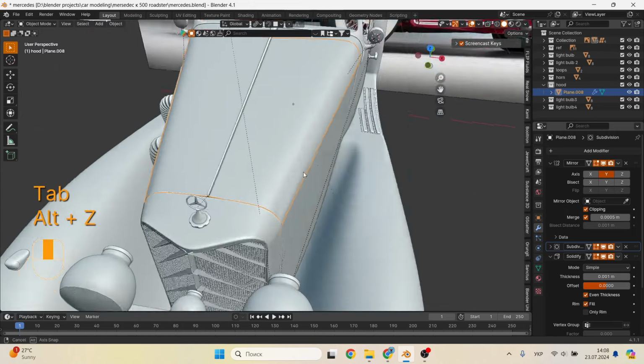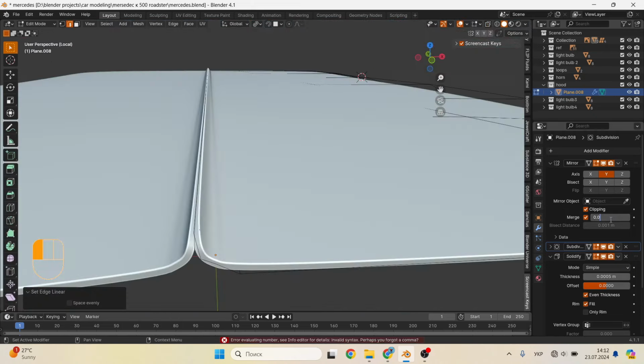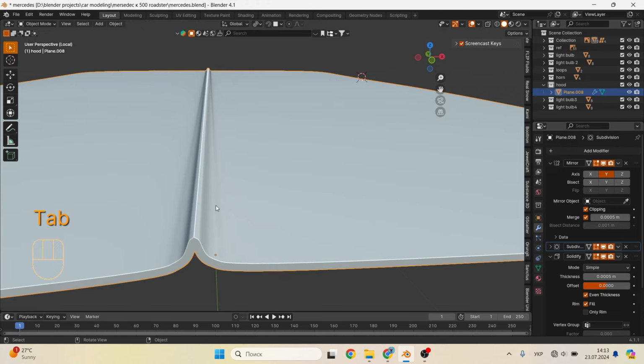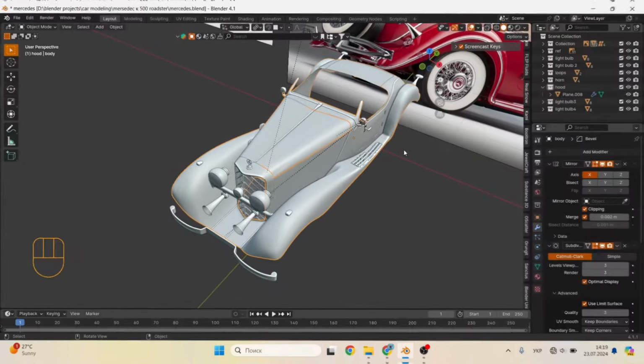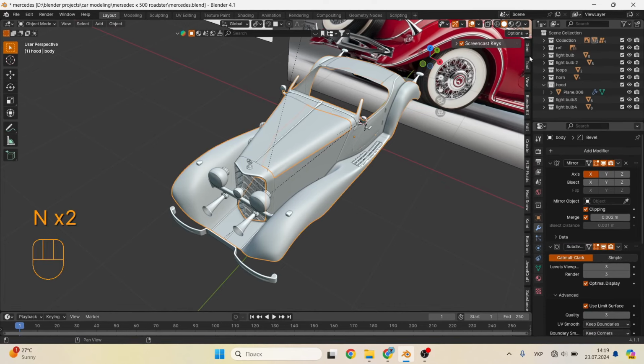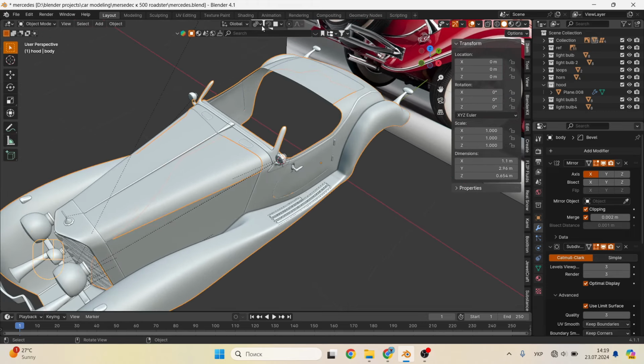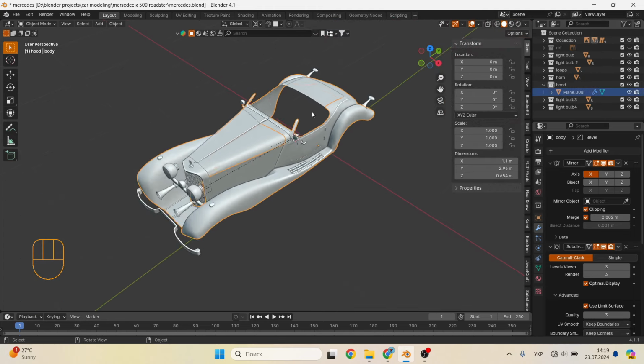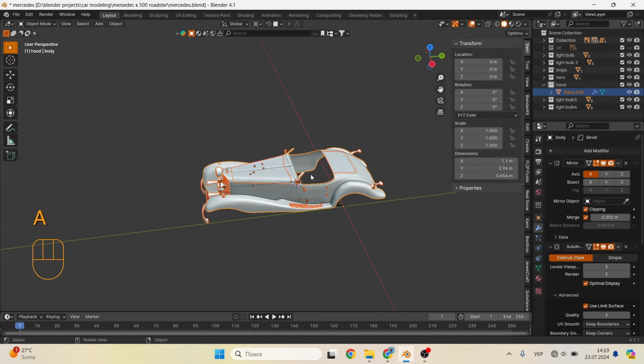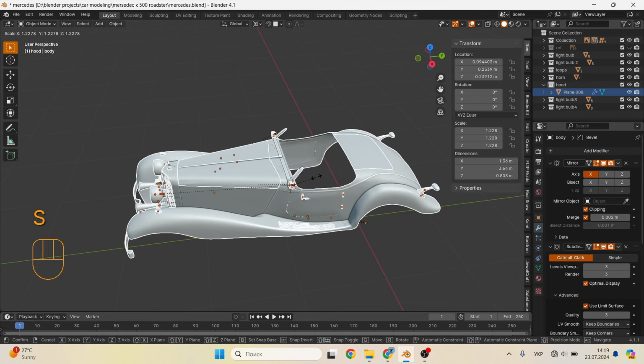Let's finish working with the molding, or rather, it is necessary to set the merge value in the mirror modifier to a low enough value of 0.0005, and there is a reason for this, which I will now show you how to fix. The thing is that if you go to the top view and select the largest part of the car, that is, the body, press the N button to call the menu on the right and go to the object settings there, and if you look at the size of the body, then the Y value is less than 3 meters, and this is very small, so I will set it to 4.5.